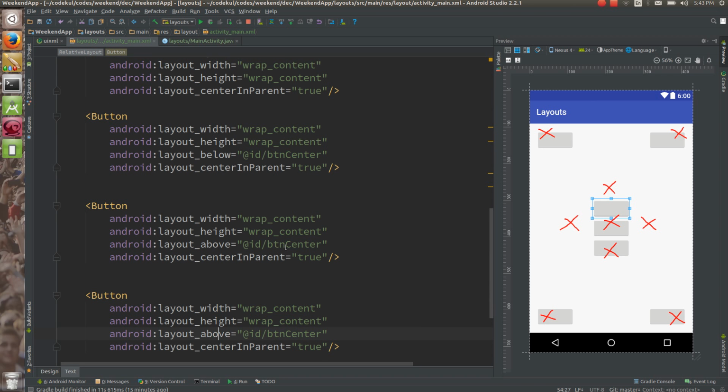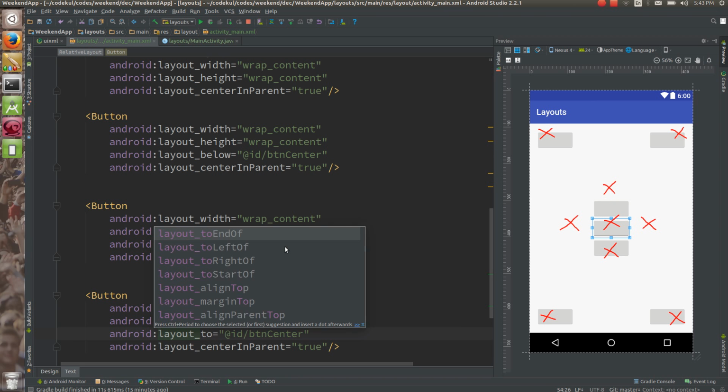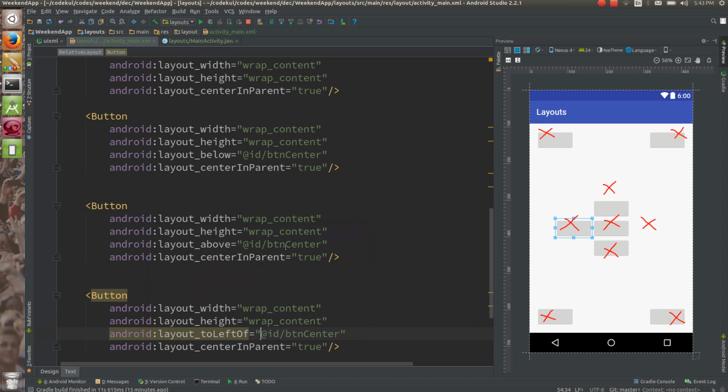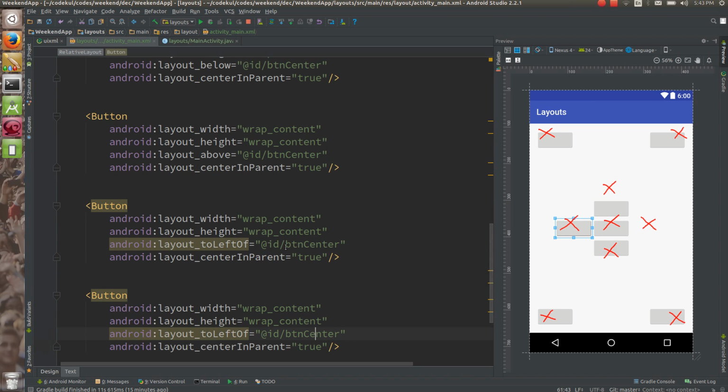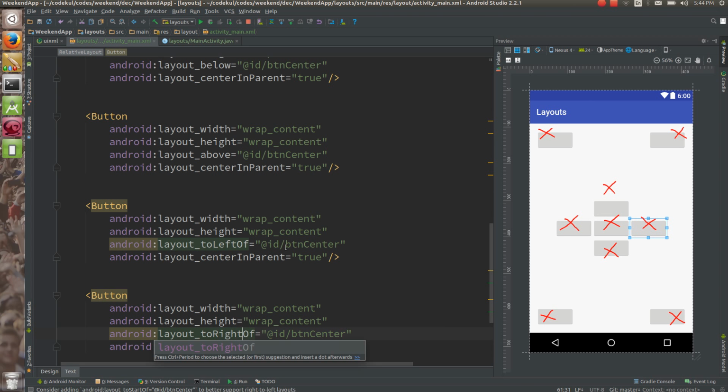See, to left of btn center. Similarly, to right of. Instead of to left of, you can say to right of. Now here is your clean layout.